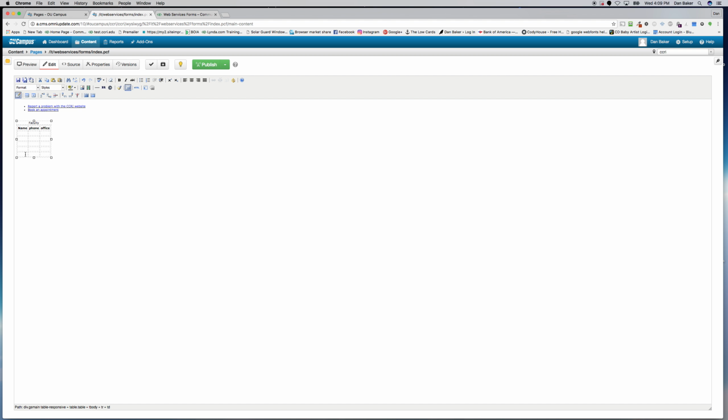And then the same thing with row. So the columns are up and down, rows are horizontal. So this last row here, what if we say, okay, we don't need this row. Go to row, highlight it, go to row, and delete row. So then you can type in your name, this person's name, this person's name, this person's name, and their numbers, and their office numbers,